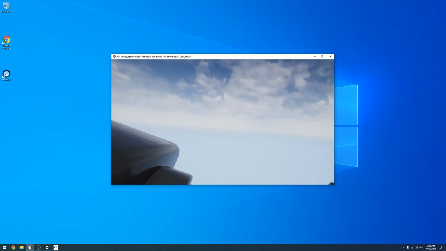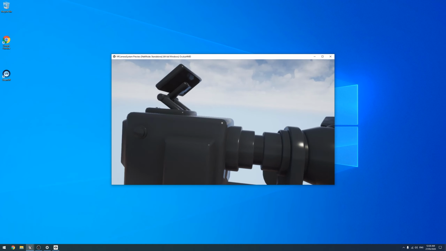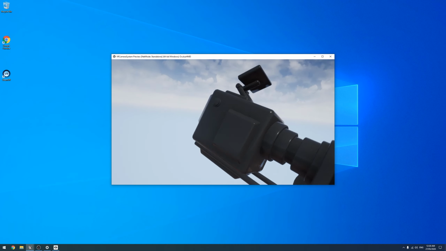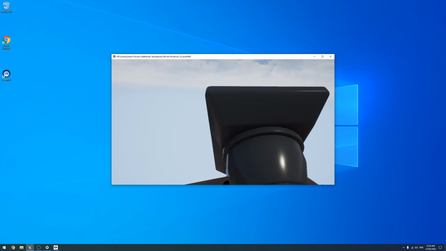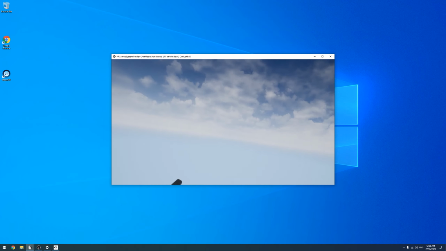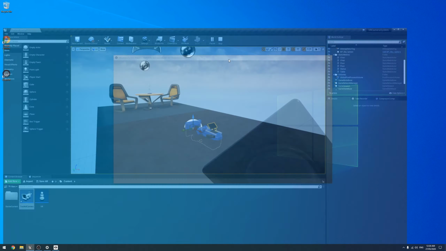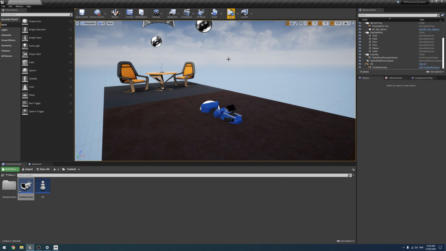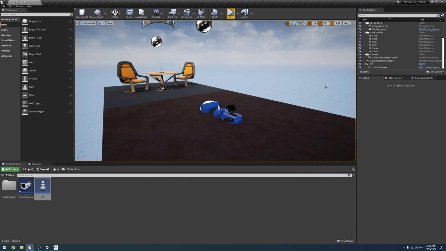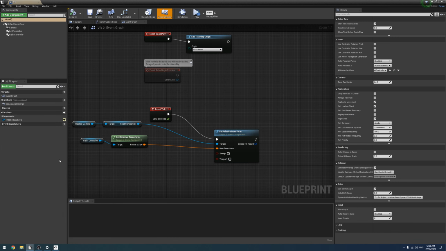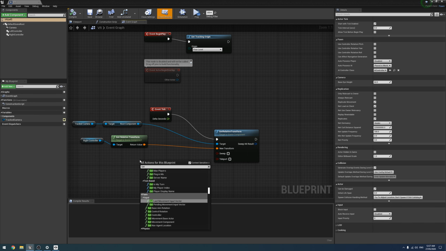We have the world's largest Fisher and Paykel camera. It's a very fake looking cinema camera. Now we have a few problems with this camera, but we're getting there already. So the first problem, I guess you could say, is its size. Now you would think to just scale it down, and that is a good thought, but the problem is this actually overrides the scale. So what we want to do instead is,